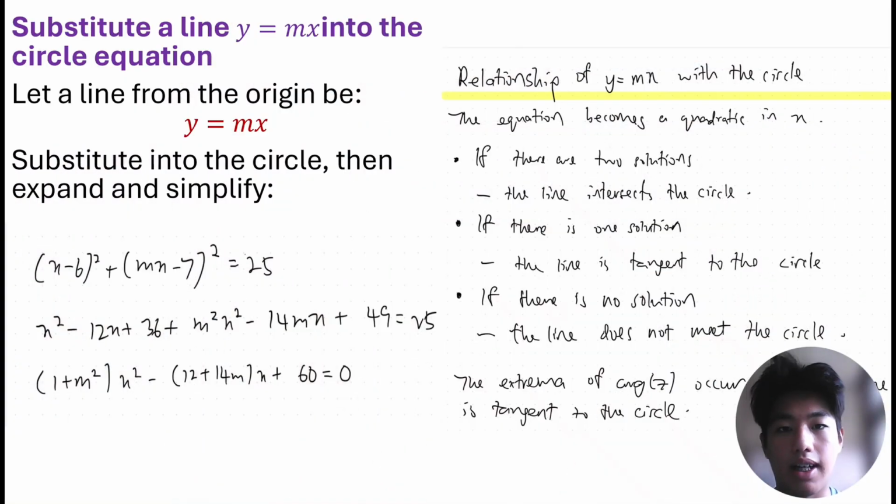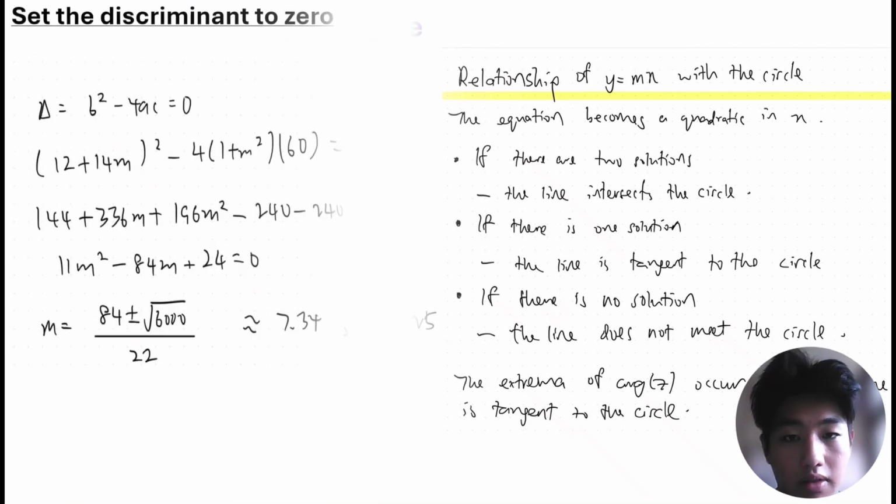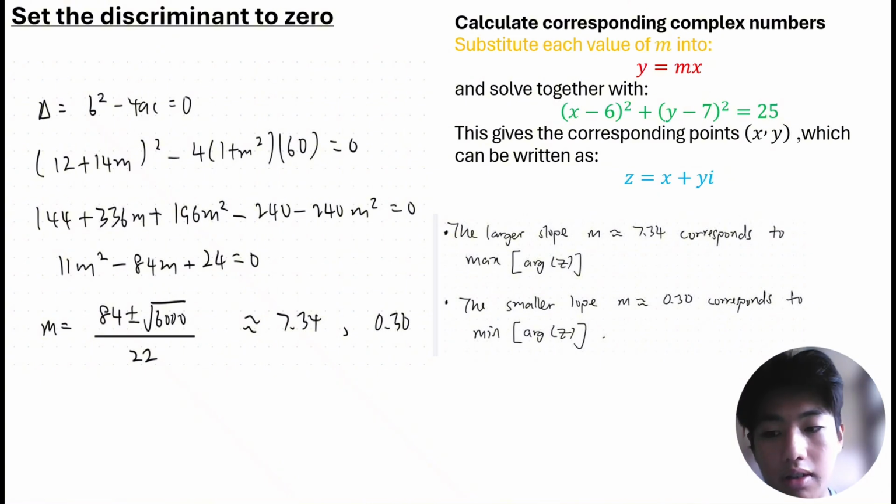Next, we need to substitute a line y equals mx into the circle equation. So first, we let a line from the origin be y equals mx. Then substitute into the circle equation, then expand and simplify it. The equation becomes a quadratic in x. If there are two solutions, the line intersects the circle, if there is one solution, the line is tangent to the circle, and if there is no solution, the line does not meet the circle. So we can know that the extrema of argument z occur when the line is tangent to the circle. And then we need to set the discriminant to 0